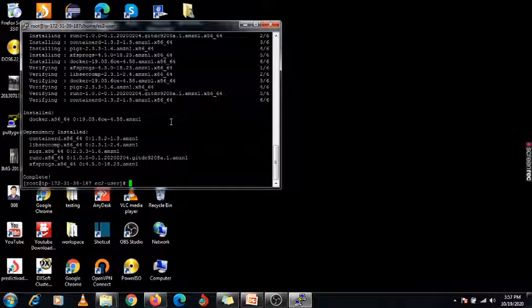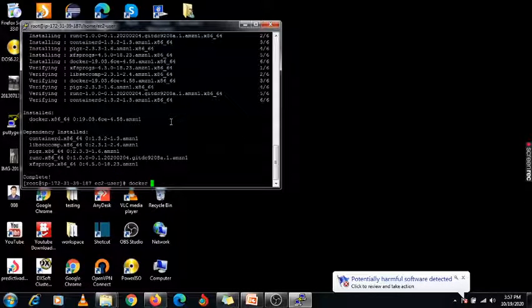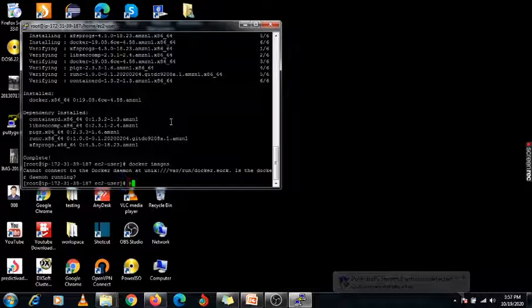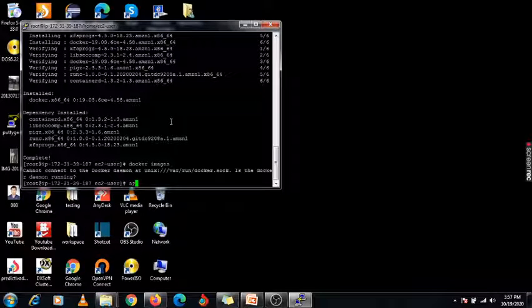Now the first command we are using is to check the images from your Docker hub. Basically the command is docker images. Before you run this command, you need to start the docker service using systemctl, or you can use /etc/init.d/docker restart.